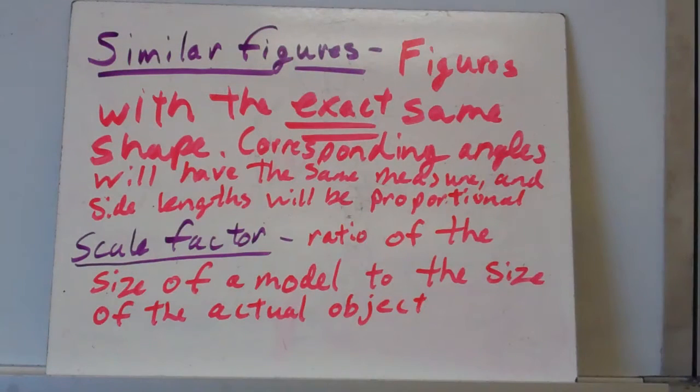So, for example, a rectangle and a triangle are not going to be similar figures because they do not have the same number of angles. Therefore, their angle measures will be different and their side lengths will be different. So you could have two hexagons that are similar or two triangles that are similar, but they have to be